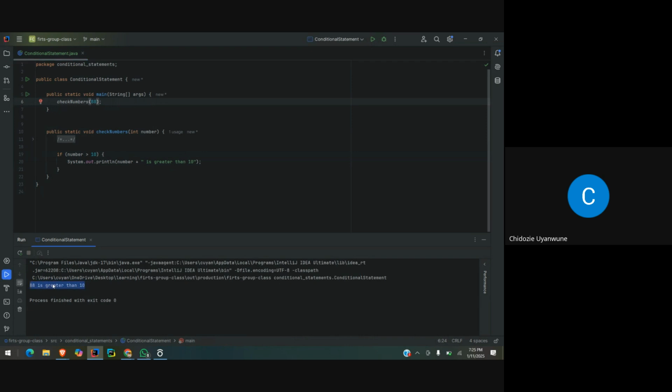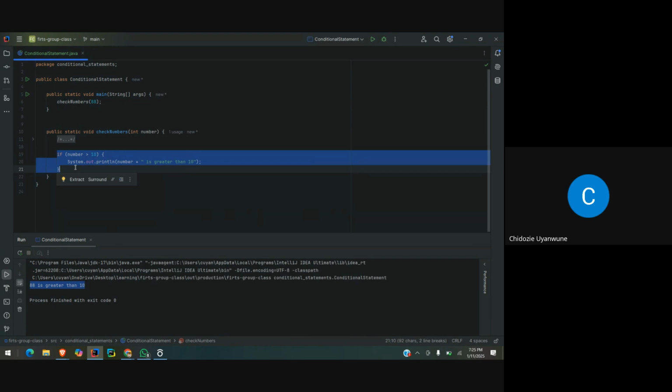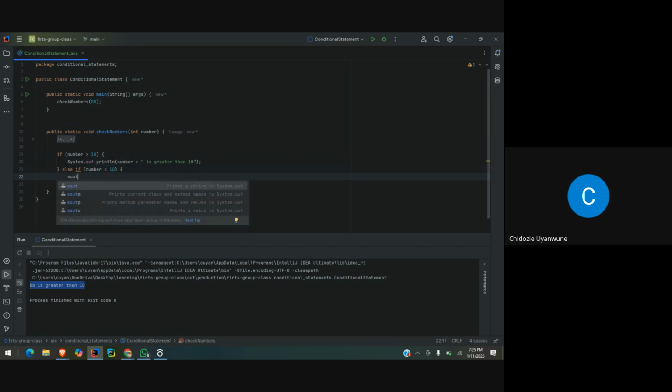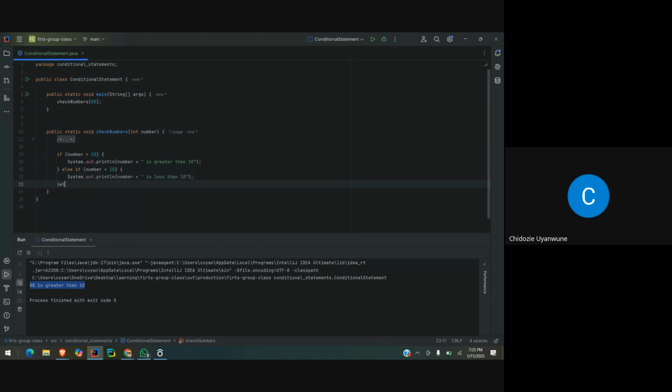So yes, 88 is greater than 10. So this is basically how you do your check. Then there is another conditional statement in Java called a switch. Oh, before we get to that, of course, it has else. There is an else if, you pass your number and then say the number is less than 10. Then there is an else which you just say,